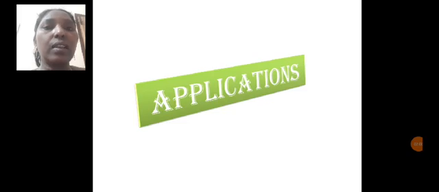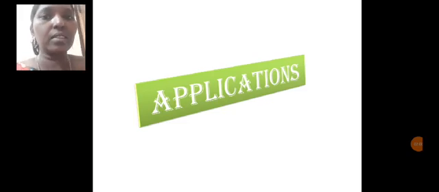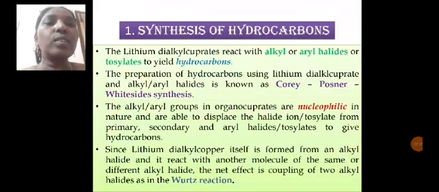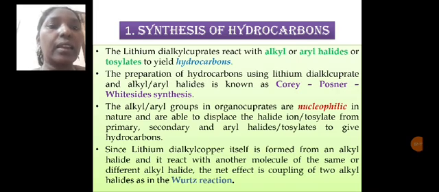Applications. Now we can see the applications of lithium dialkyl cuprate. It is used in the synthesis of hydrocarbons. Lithium dialkyl cuprate reacts with alkyl or aryl halides or tosylate to yield hydrocarbons. The preparation of hydrocarbons using lithium dialkyl cuprate and alkyl aryl halide is known as